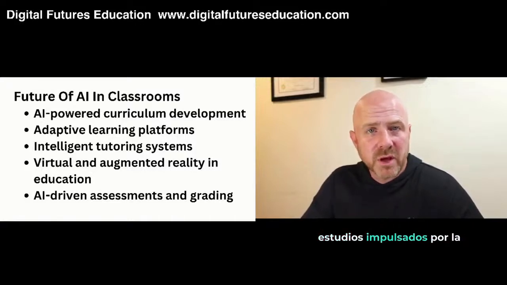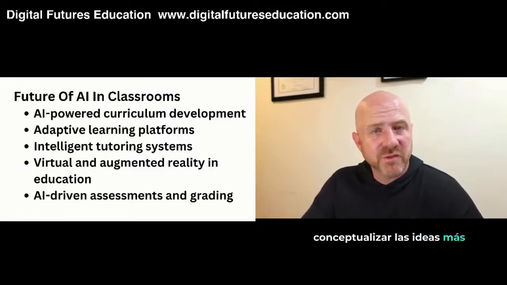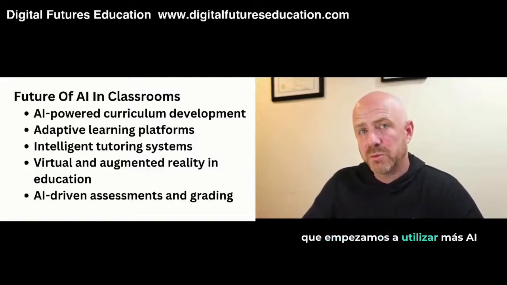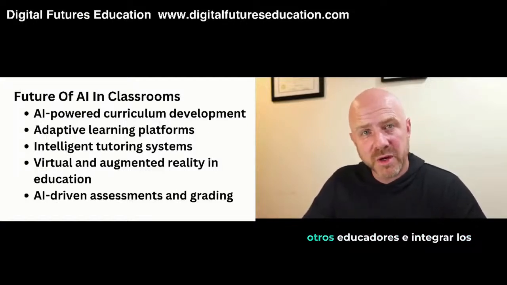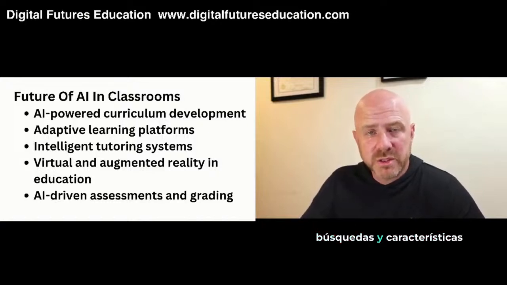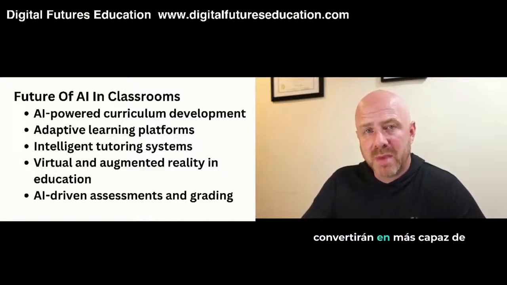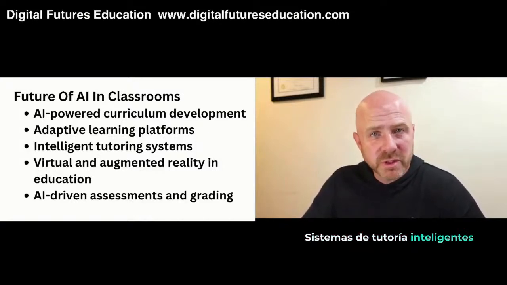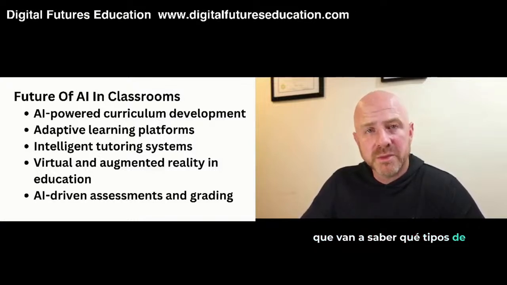AI-powered curriculum development will help conceptualize ideas faster and make them deeper, also more collaboratively, as we begin to use more collaborative AI tools with other educators and integrate the data that we have around searches and features as we move forward. There's also adaptive learning platforms, so platforms will become more able to adapt to student learning needs. Intelligent tutoring systems are going to know what types of content to provide for specific students based on how